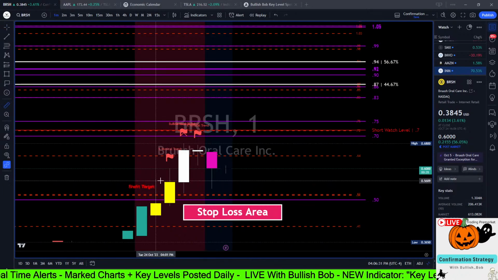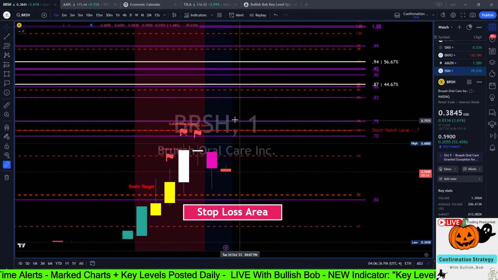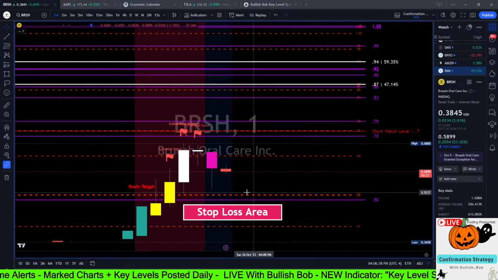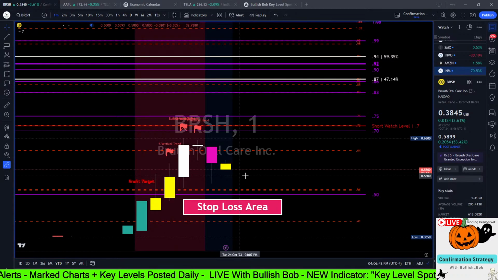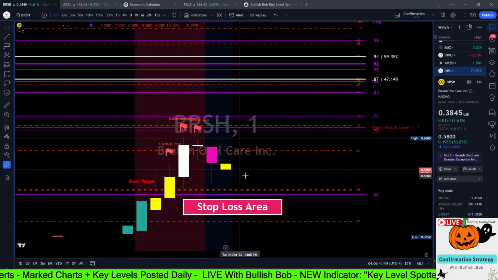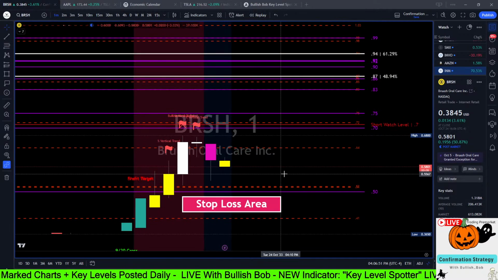If anyone were in from this close over here, we're looking at about a 27% gap. So that would be a really nice fill if anyone got in over here. But if it starts to come down, like I said, you could see an 8 to 10% loss pretty quickly. No position for myself, not in love with this setup, but that being said, it's really all that I see